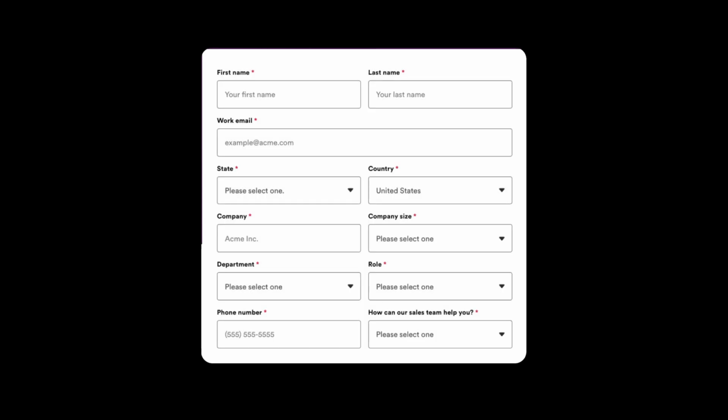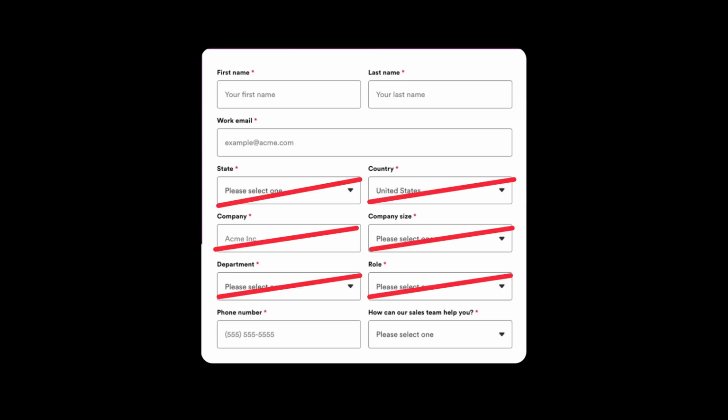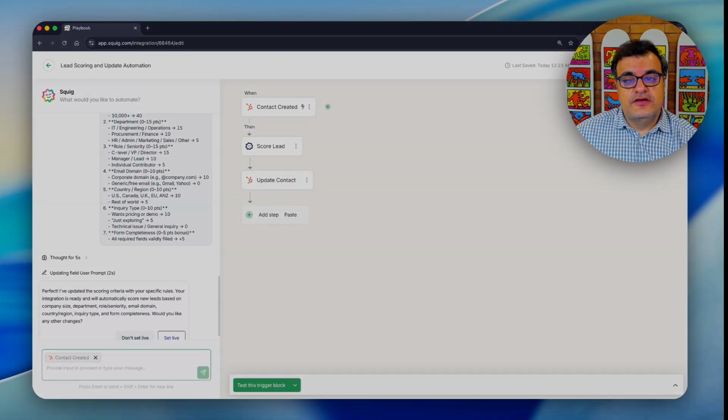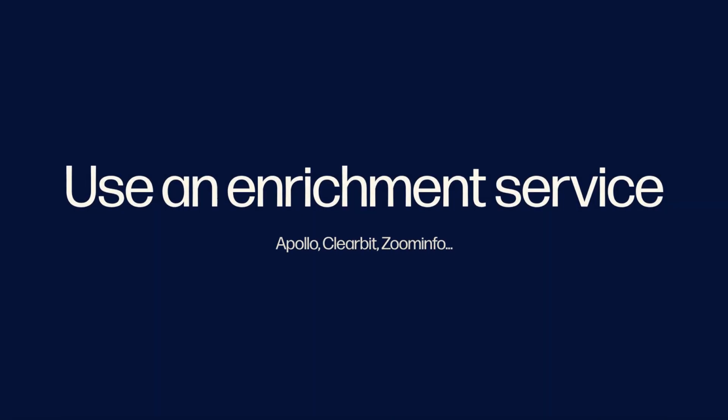So you might have noticed that we're asking far too many questions in the form. Many people hate filling in all that information. As a matter of fact, you can get all this information from the user's email address. You can find what the company does, the number of employees, location, address, the person's title, everything by just their work email address. And you can do this by using an enrichment service. You also want to get background information about the company and what it does by visiting their website. So if you use these enrichment services, you can cut down more than half the fields on the form, and this way you can increase your completions.